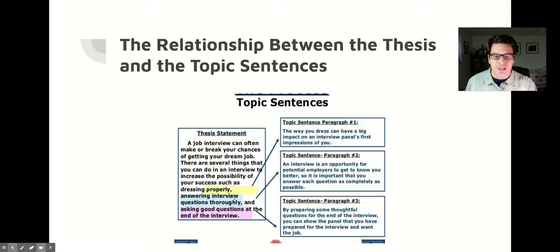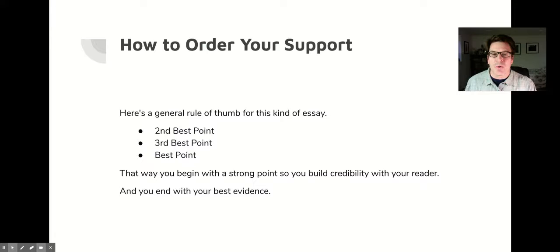So you can see here, here's an example of a thesis statement about how to dress for a job interview. And each of these points, first point A, point B, and point C, lead to paragraph topic sentences. So this roadmap translates into these topic sentences. I think that really helps the writer know these signposts as they're coming up about what each thing's going to be. So how do you organize your support?